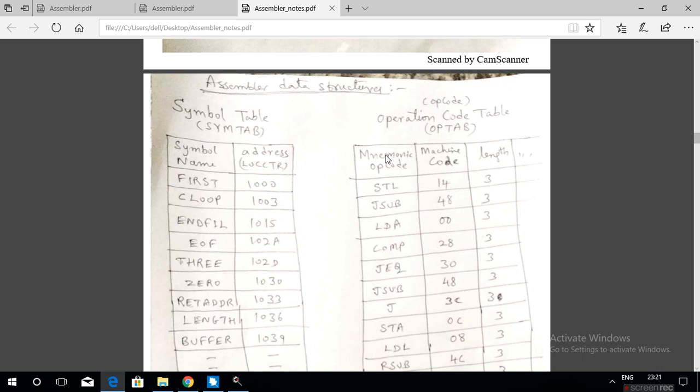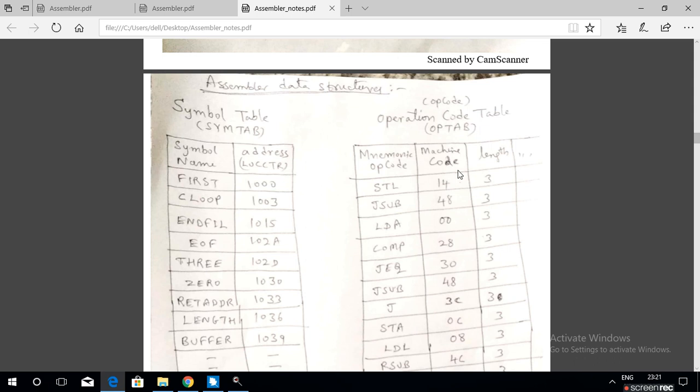So this data structure is called the operation code table, or opcode table, or simply OPTAB. OP for operation code, TAB means table.